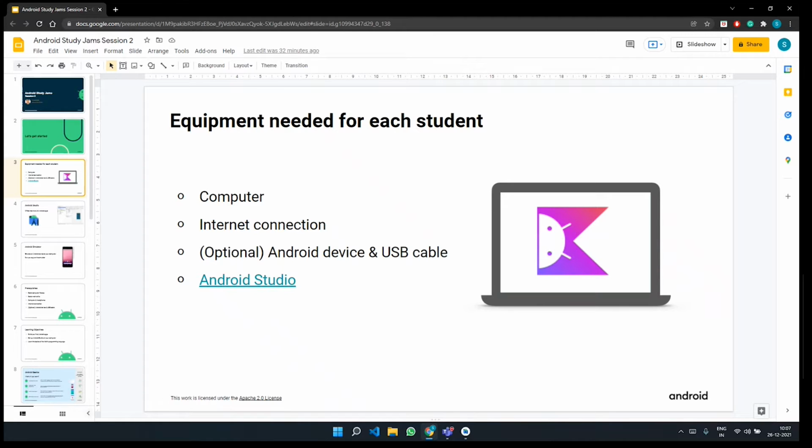So, why would you need an Android device? Because if you are building the app and you want to test it or run it once it is built, you would normally run it on a virtual device. Suppose you don't have a virtual device, you can use the physical Android device that you have, along with the USB cable. And of course, you'll need to install Android Studio if you want to code. Android Studio gives the people who use it an integrated development environment.